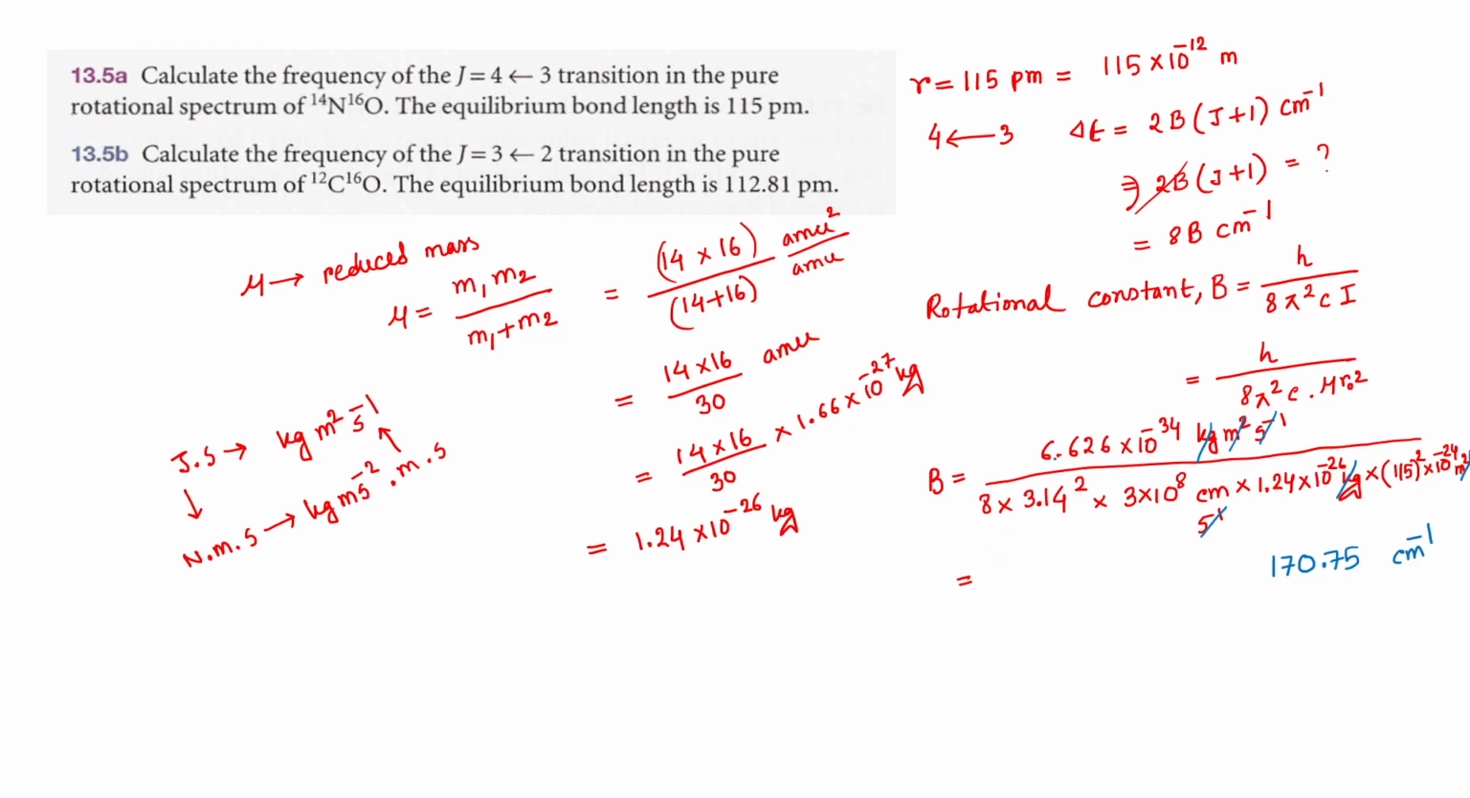So this is coming as your B value, right? I hope I have not done any mistake. If I have done any mistake, please try to rectify yourself. And then we have the B value. What about the energy? Energy is going to be 8B. So wave number actually is going to be 8 into 170.75 centimeter inverse, and if you want it in frequency, you need to multiply with